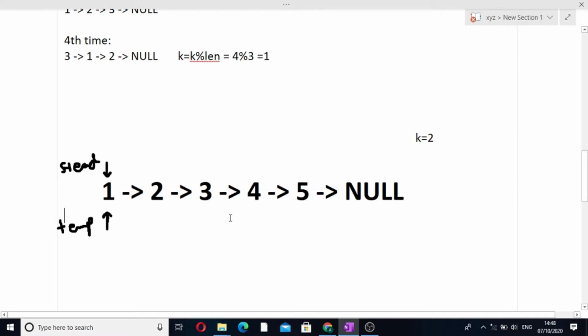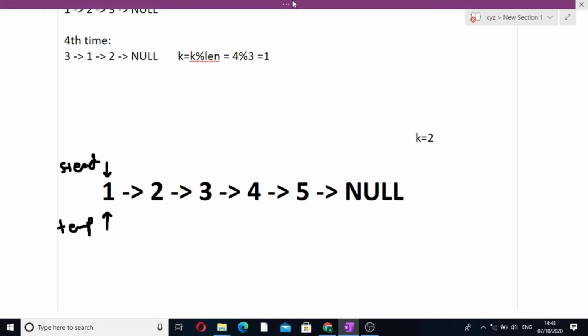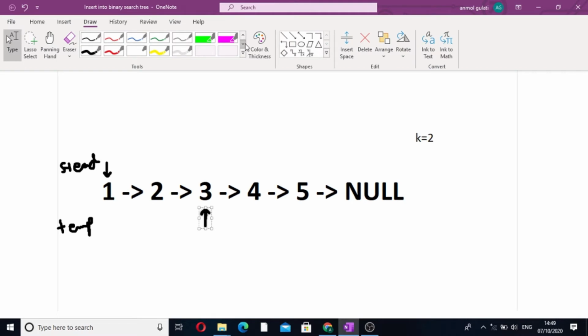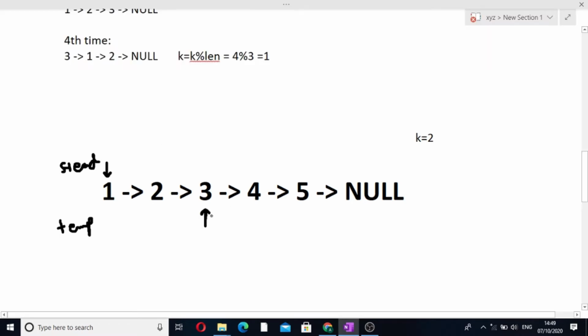So how will we do it? We have to find a breaking point from which we can divide the list into 2 parts. And how can we find that? We know that we have to take the last k elements separately and the rest of the elements separately. So in this case 1, 2, 3 will be a single list and 4, 5 will be another list. We will take our temp variable to that breaking point. I will show you later how we will find this breaking point. This will be our breaking point of the list and it will divide it into 2 parts.